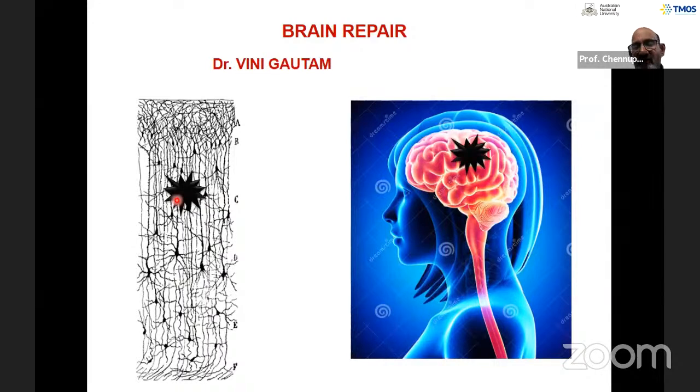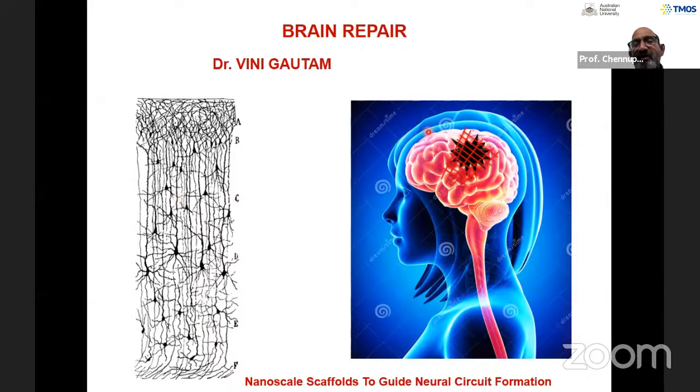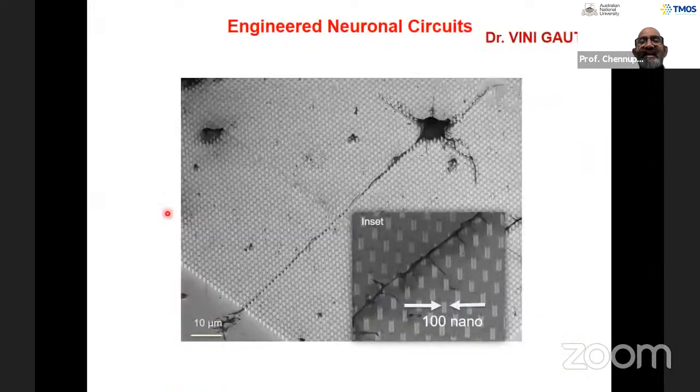So we ask ourselves, can we really create a neural patch and be able to make the connections back so that you can get this neural network back to the normal state? Thereby you'll be able to really help people to get their functions back. So again, Vinnie has spent a lot of time optimizing these things, and then she has grown these neurons